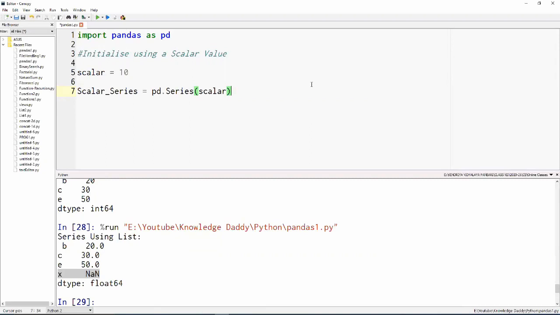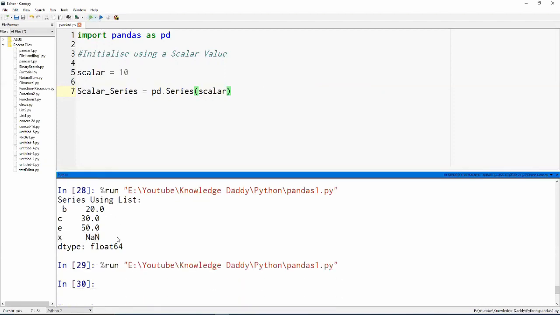And we know that a series always has an index position. The index position is not mentioned, so we know that the first index position inside a series is always 0. So the series would contain only one data point, 0 and 10. Let's see.